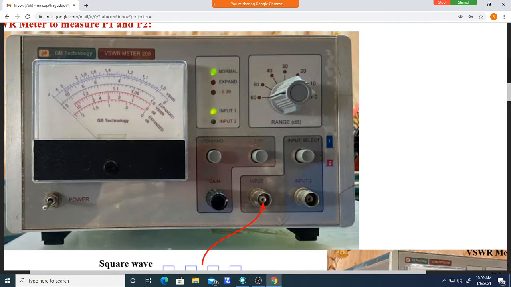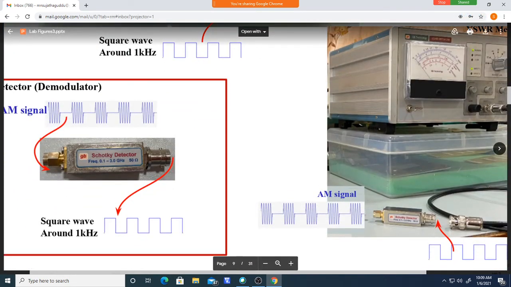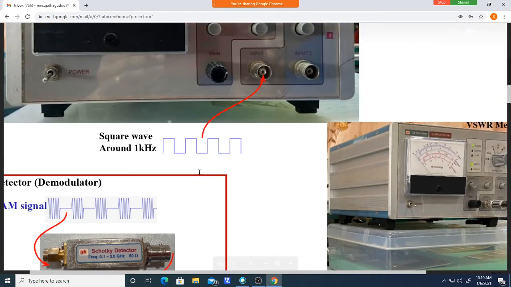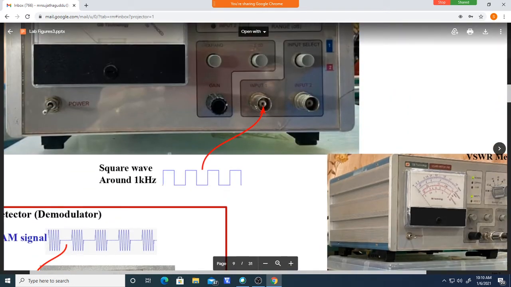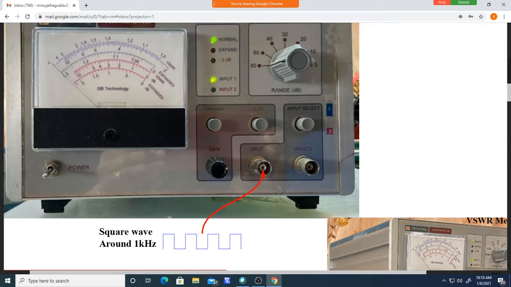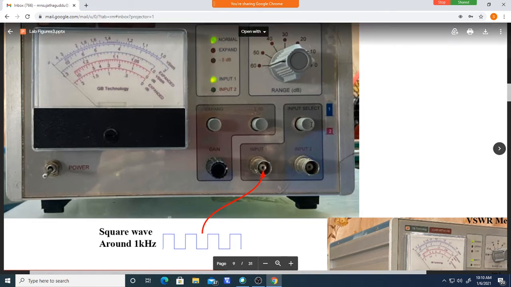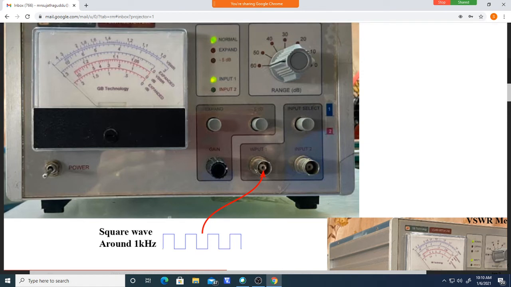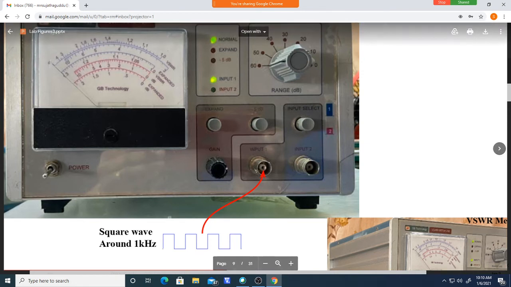Okay, if it is in the released position, you should connect input to input 1. See here, the output of this must be connected to here. If you keep it in the released position, this will automatically turn on. That means the input we are giving is to input 1. Or if you keep it in the pressed position, then this LED will turn on. I have chosen input 1 here, so this will turn on. That is the purpose of this one.